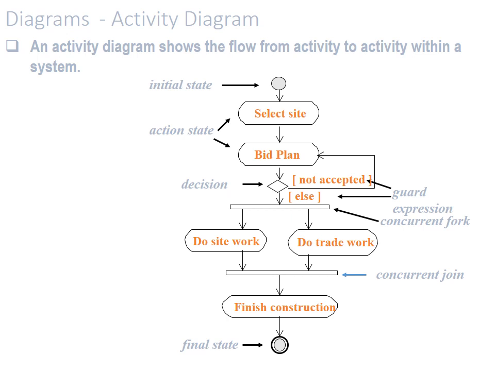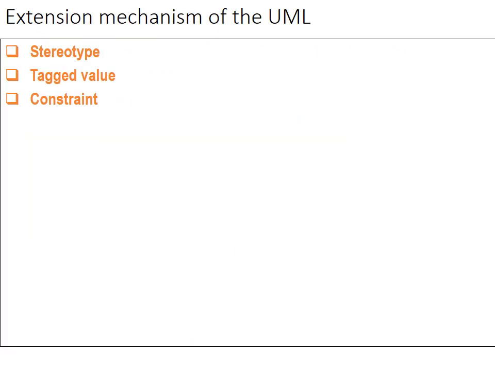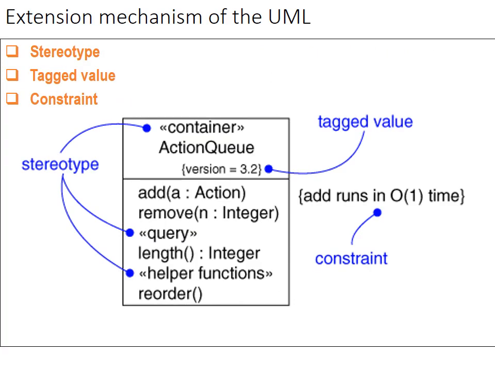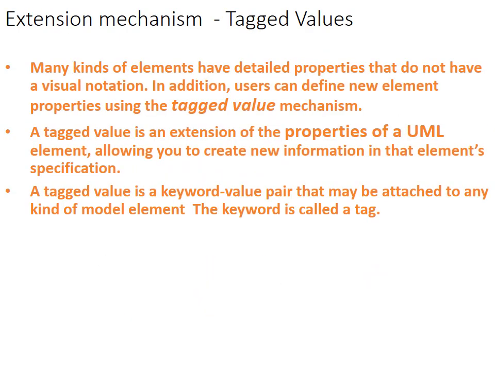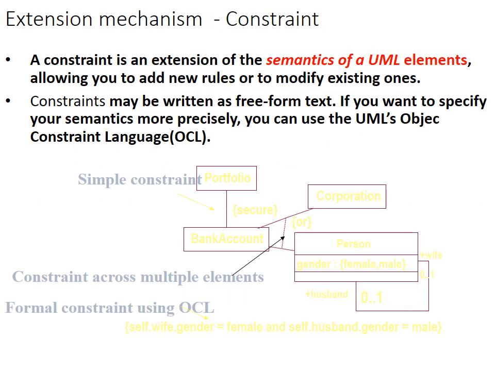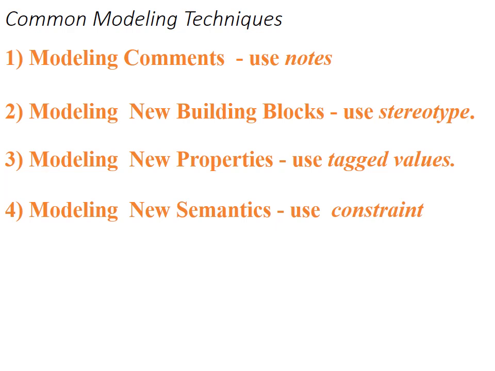So it shows the activities in these diagrams. It looks very similar to the sequence one, but this one basically focuses on conditions. UML also has stereotypes and tagged values, so read on to this if you want to make your diagrams more detailed. The semantics of UML are the meanings of these. Sometimes we keep it very comprehensive so that anyone can understand it. Modeling techniques use nodes, modeling building blocks, and set properties.